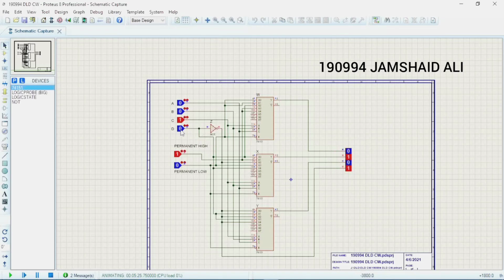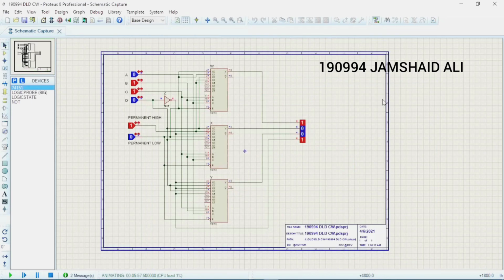If we apply 3 here, then we will have 6 on output. If we have 1 1 0 here, meaning 6, then we will have 9 on output.